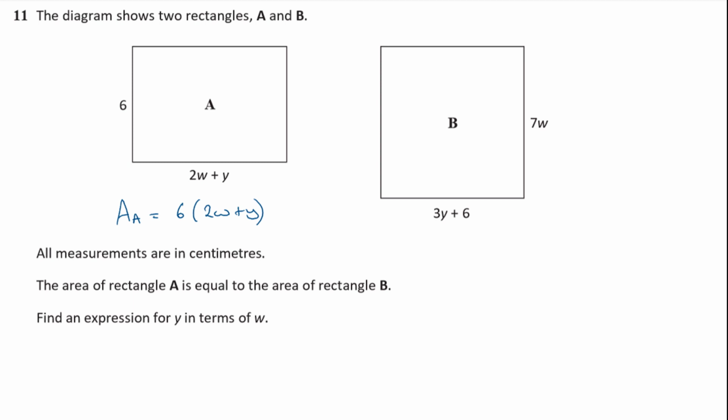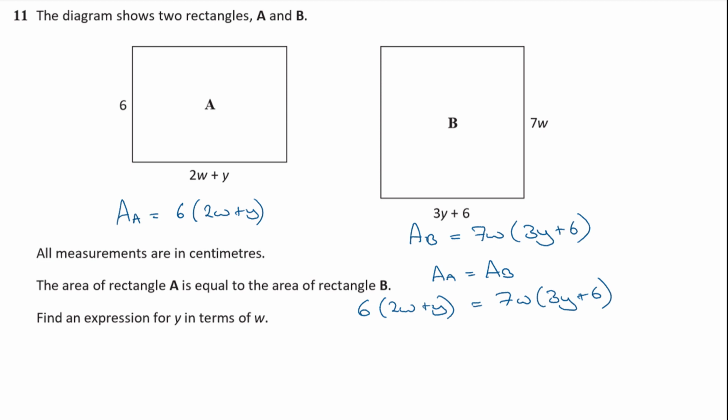Same with the second one. So the area of B then is going to be 7w lots of 3y plus 6. Okay, so then we know that these two things are equal to each other. So I can say that area A equals area B, and then I can equate those two things together. So 6 lots of 2w plus y is equal to 7w lots of 3y plus 6. Okay, so multiplying out the brackets, I'm going to get 12w plus 6y is equal to